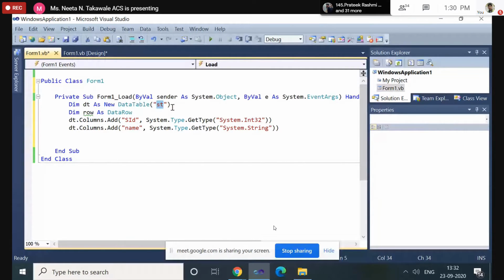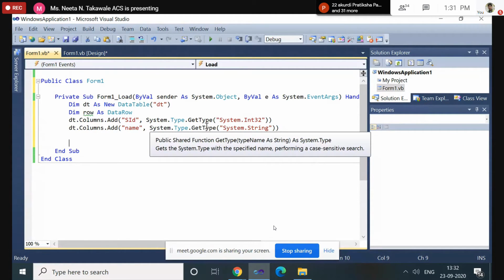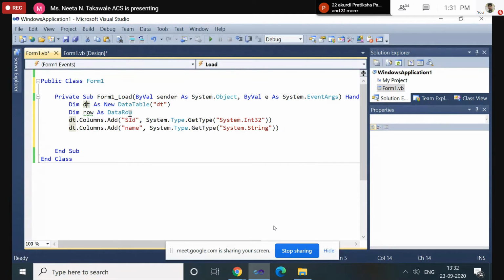So first we'll keep the same name, DT, to avoid the confusion. DT is the name of the table.